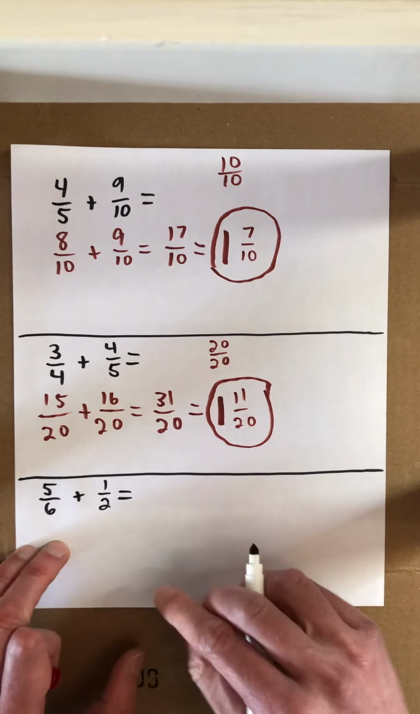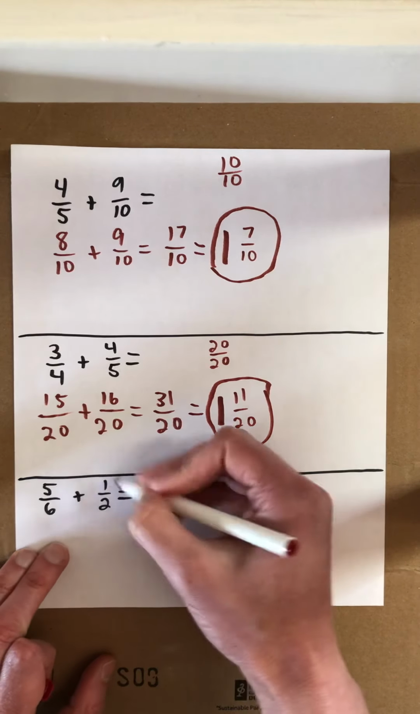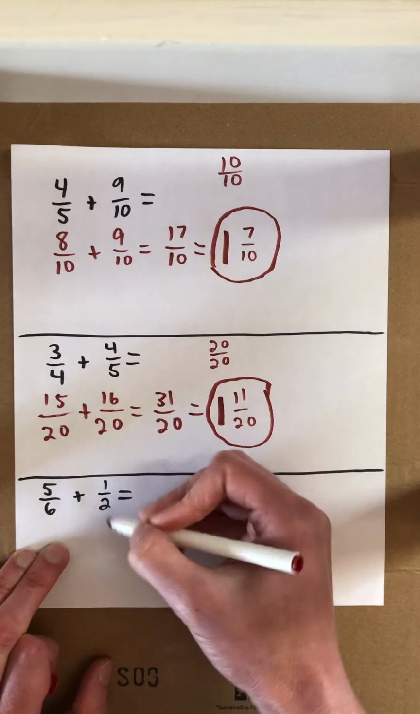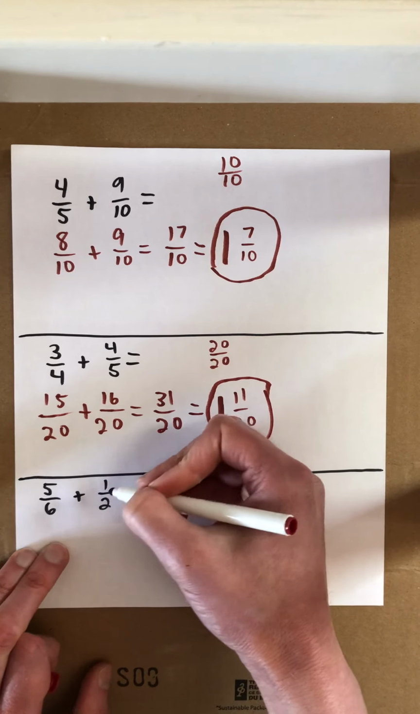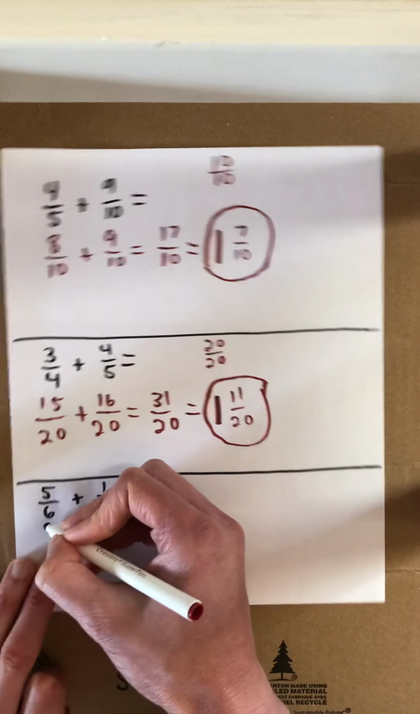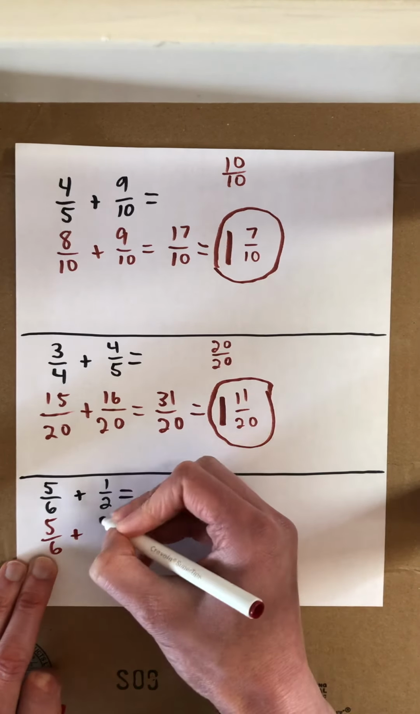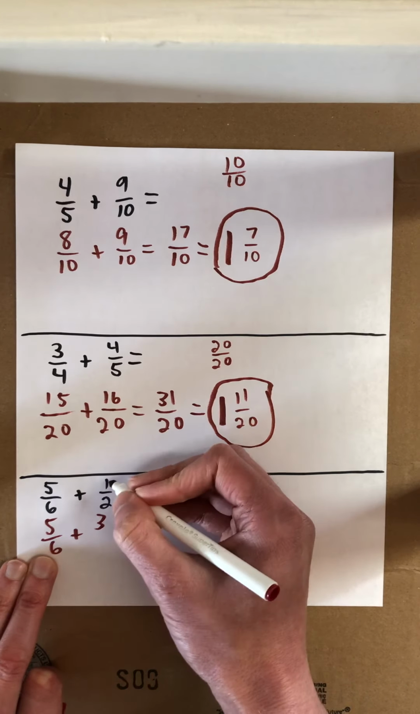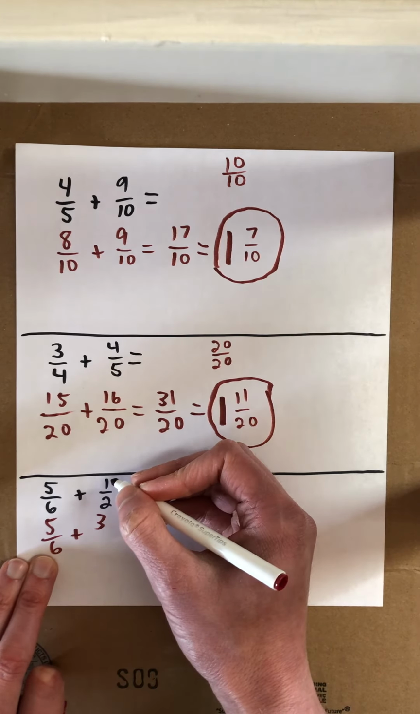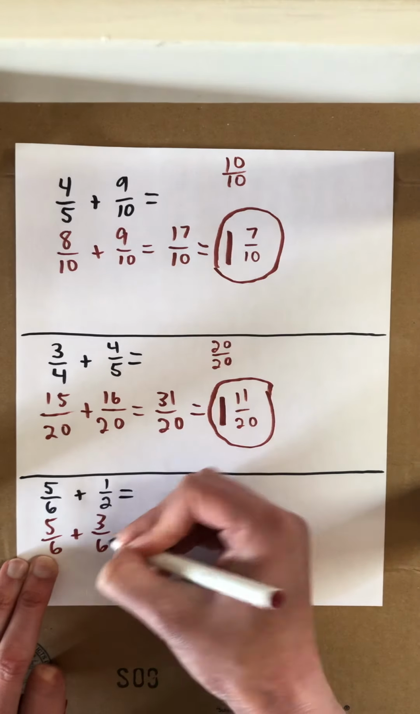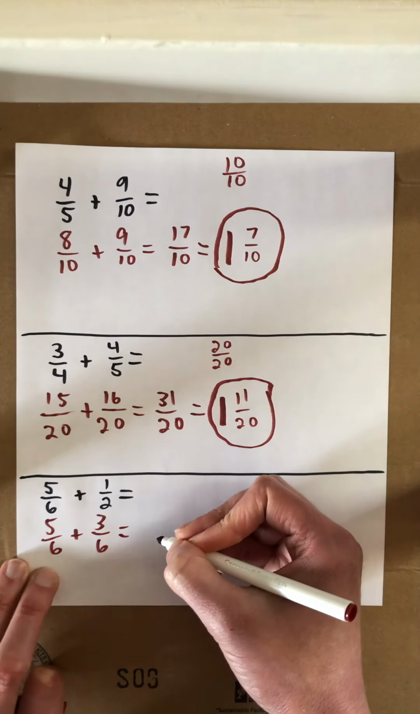We got another one over here. This time I can just change this one. Of course, 6 is a multiple of 2. If I multiply top and bottom by 3, I can make it so that I can add them together. So it's always nice when I can leave one of the fractions alone and only change one of them. So if I multiply top and bottom by 3, it's going to be 3 out of 6. And I can now add them together. It's equal to